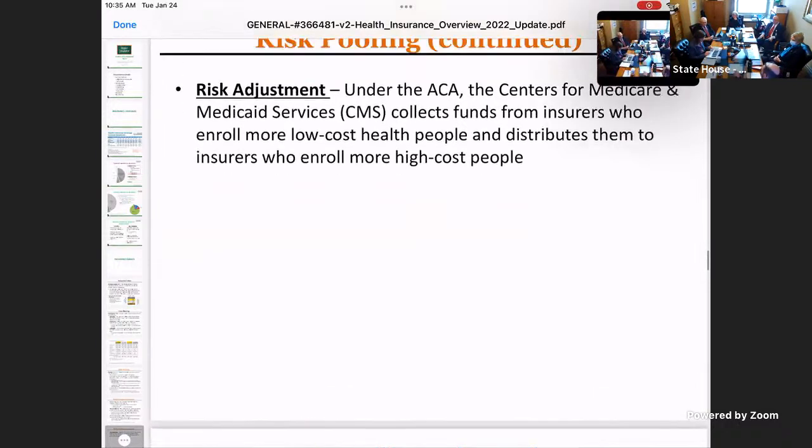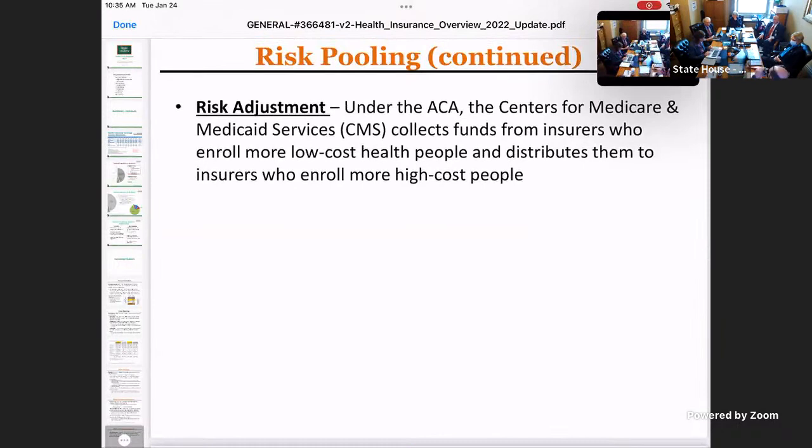Yeah, every year there is an adjustment. Each year after rates are approved by the state, that information is submitted to the federal government. As part of that rate review process, CMS goes through the claims data from all of the insurers, figures out which insurer has higher-cost individuals, and makes a determination from the previous year of how that should even out. And again, this is a market stability issue really, to keep insurers in the market.